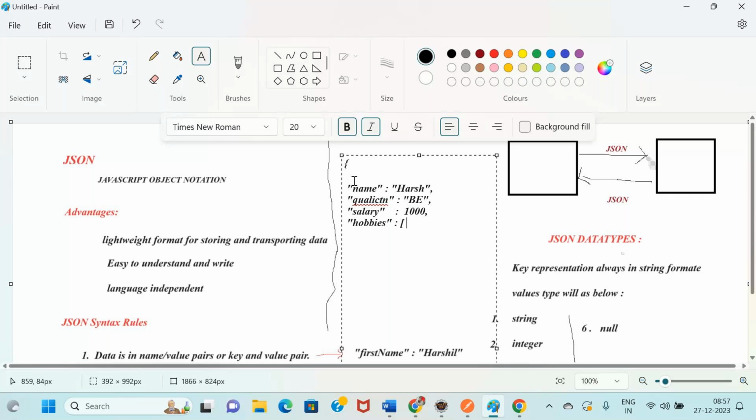She has a habit of reading. She has a habit of cooking. Because she has multiple hobbies, multiple hobbies will be represented by the array format. And comma.